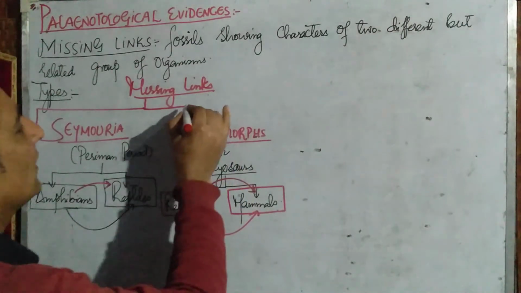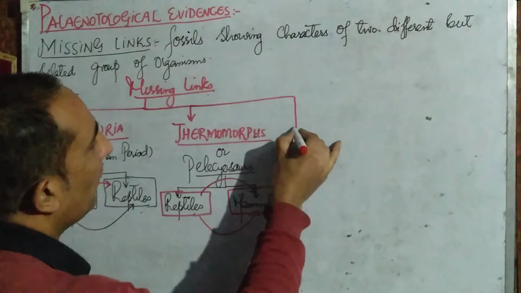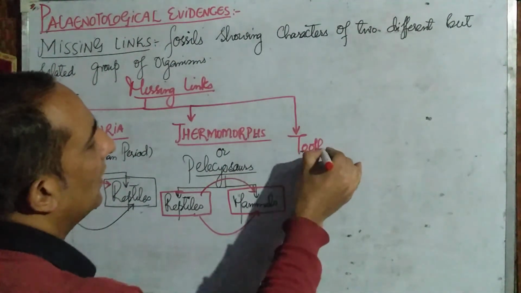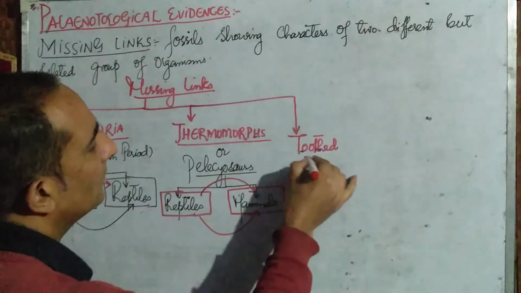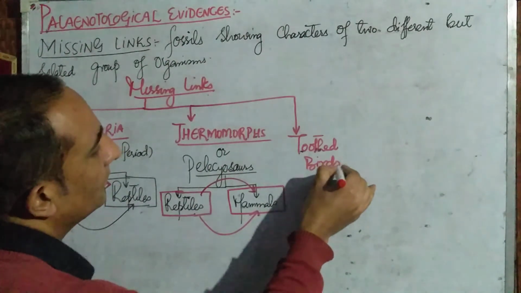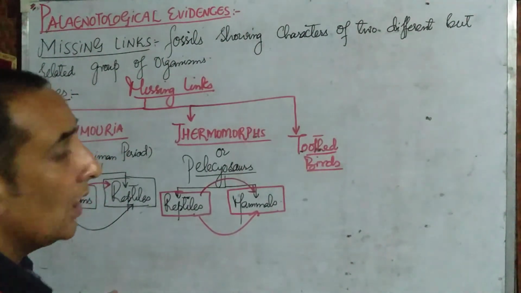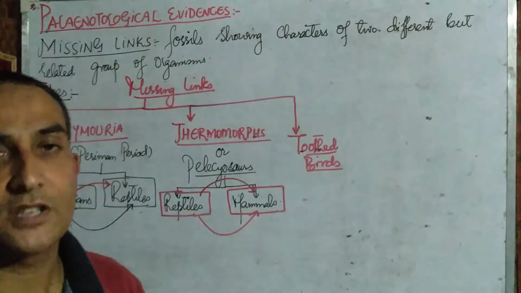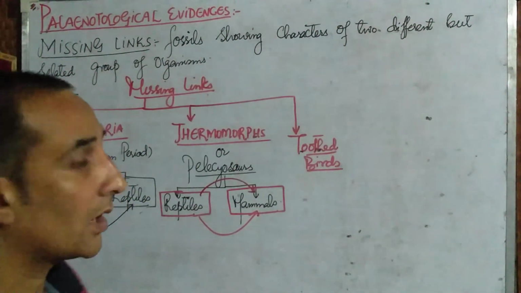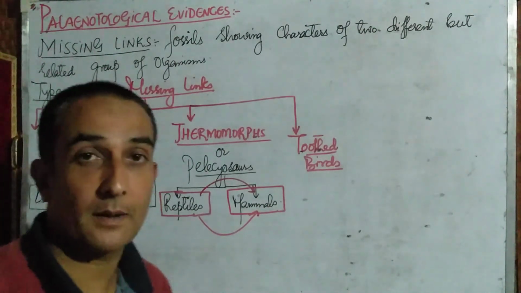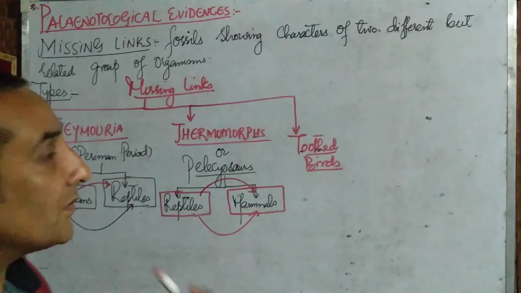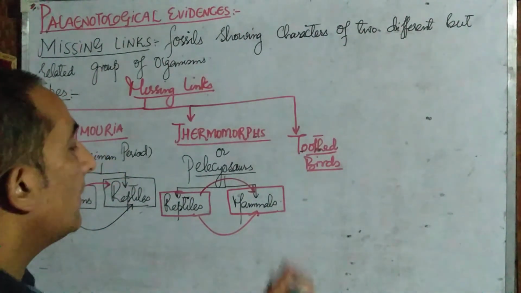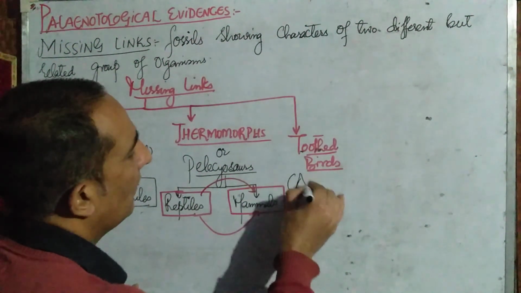Now let's come to the third type of the fossil evidence, that is the toothed birds. When you have understood in your 11th class the class Aves, the modern birds are not toothed. They are toothless birds. They are modern birds. But we have some fossil evidences of toothed birds. For example, the very famous example